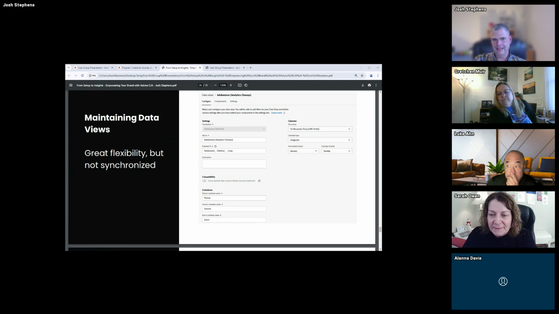You can set different calendars, different start days of the week, start months of the year. You can change your component settings. You can even, and I find this fascinating, change your session timeout setting. And especially if you've got a product that might have longer decision times, you could have one data view